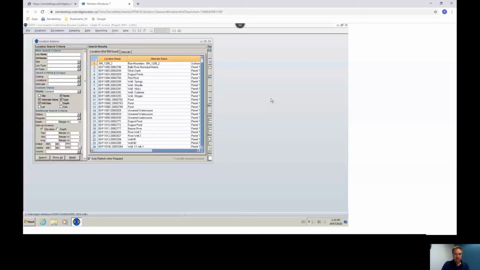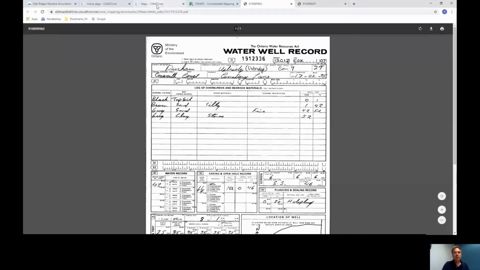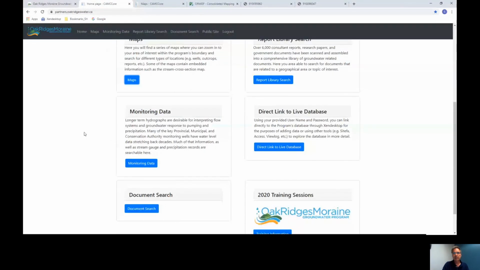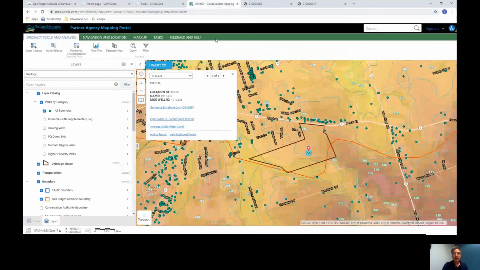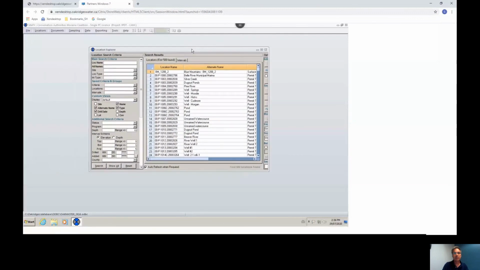we can go right to the database. So I should have gone quickly back here. So you might recall that when you come into this part of the website, once you sign in, there's this direct link to the live database. Now, that will not work for most of you out there. But for partners who have trained on the database, for us who are making changes on the database all the time, you can hit this live link. And what happens is I get taken over here, and we have a couple programs that we use to